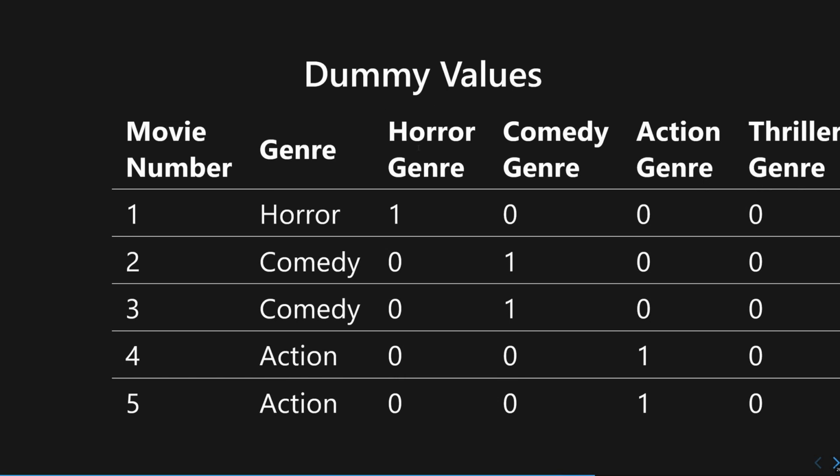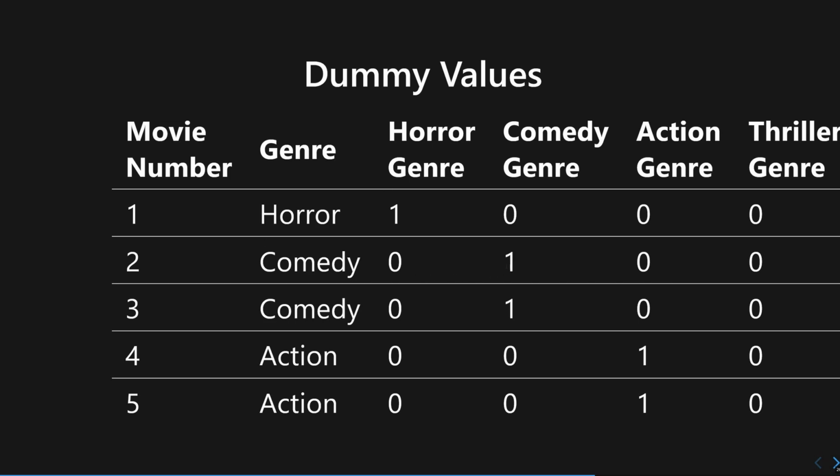So you have here the horror genre column, the comedy genre column, action genre column, and then thriller genre column. One column for each possible value genre could have. And then for each of those columns, if the genre, for example, is horror, you're going to mark 1 on the horror genre and 0 for everything else.